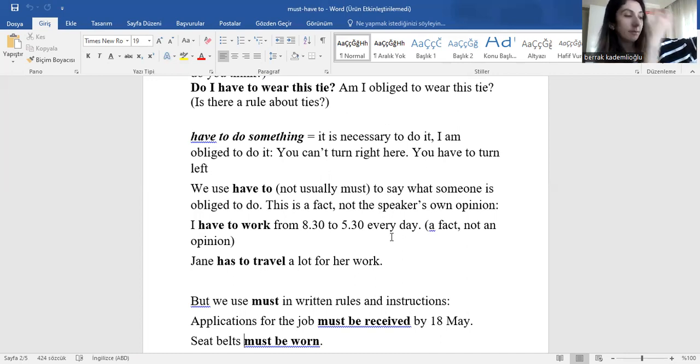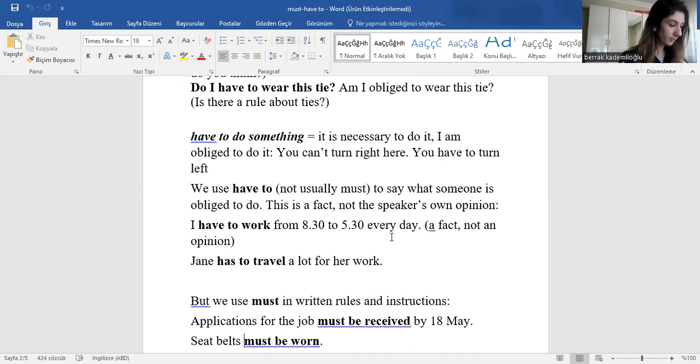For the affirmative sentences, for example, I must go home. And for the negative, must not, mustn't. You mustn't go home. And